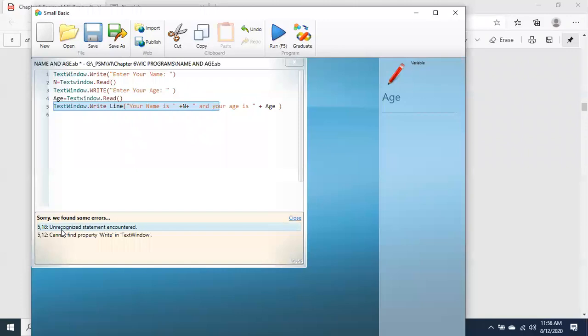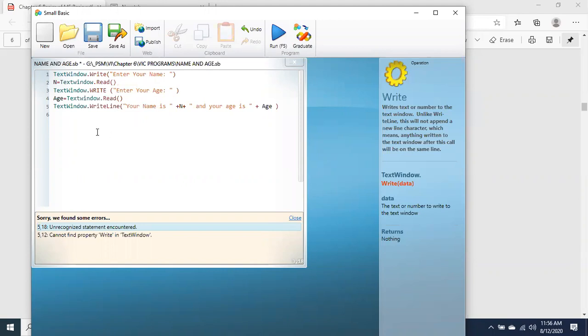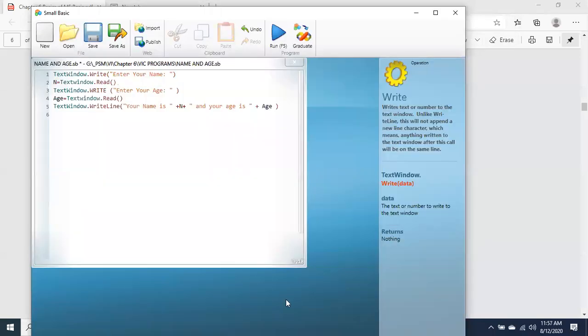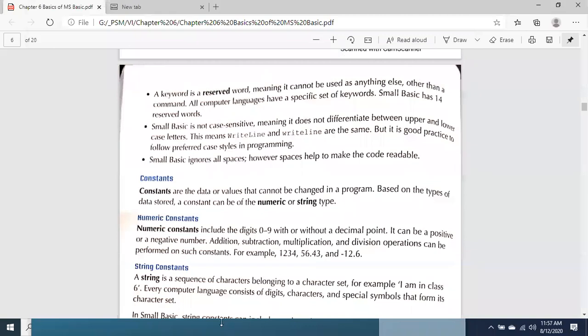It is saying unrecognized statement encountered, cannot find property write in text window. Getting this point? So text window dot write line, write line is not having space. If we give space over there, then it is a problem. But if we are giving space between write and parentheses, then it is not a problem. It is going to run quickly. So these are basically some important rules that I am discussing with you.